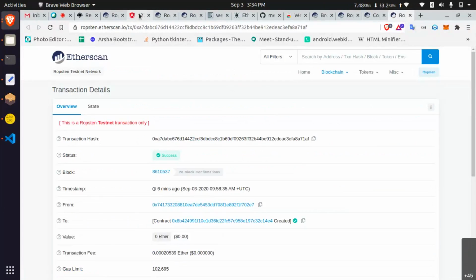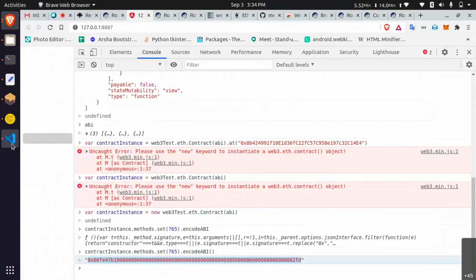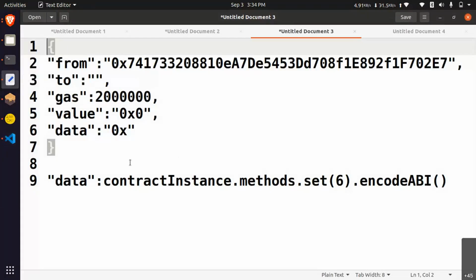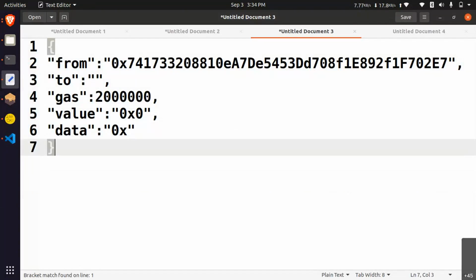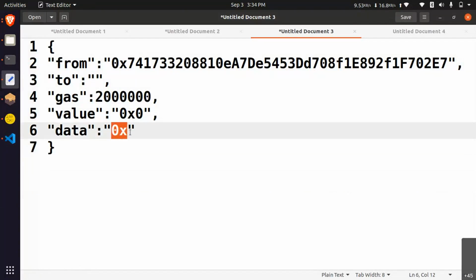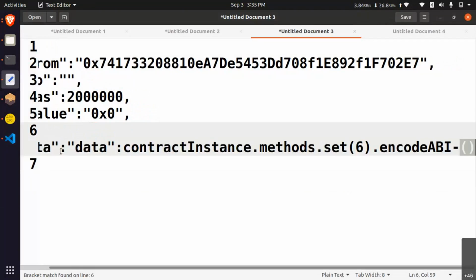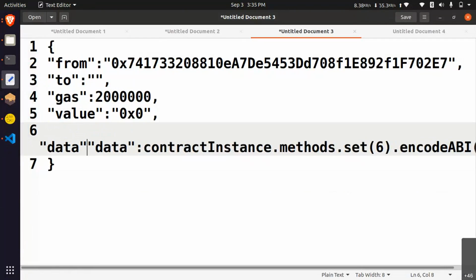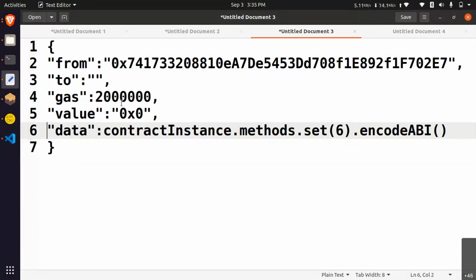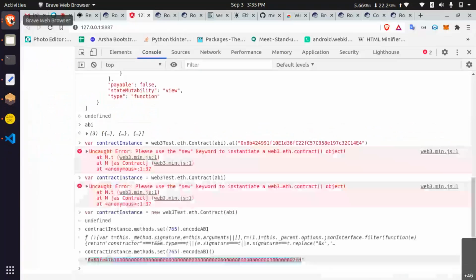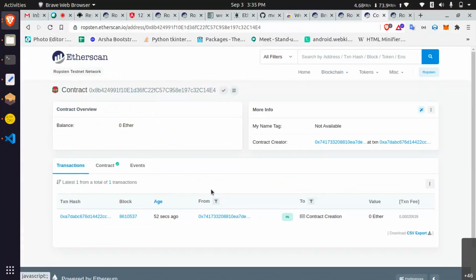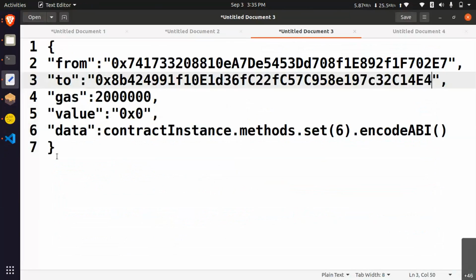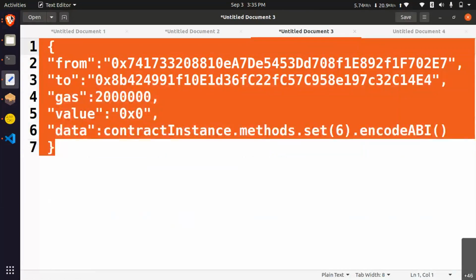So now I am going to perform this operation. I already created one. The data we need to represent at the place of here, transaction. Okay. Removing this data. The value, the to address is my contract address. Okay. Let's say this is my contract address. Let's see, I paste it. This is the TX, new TX.